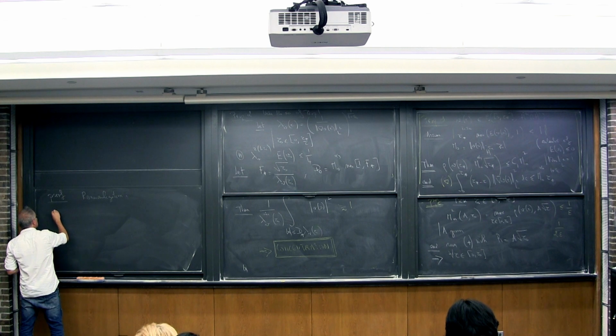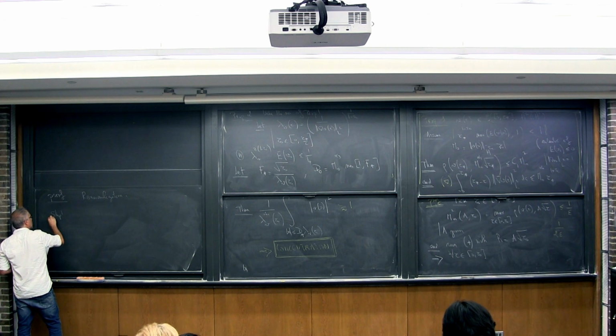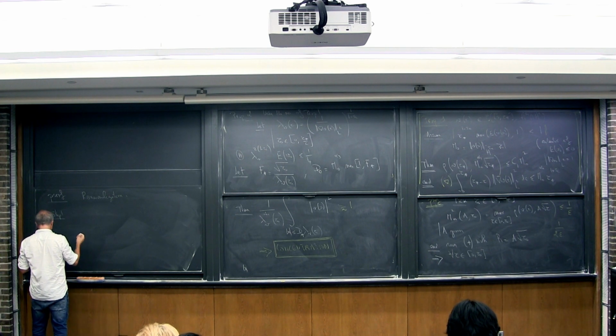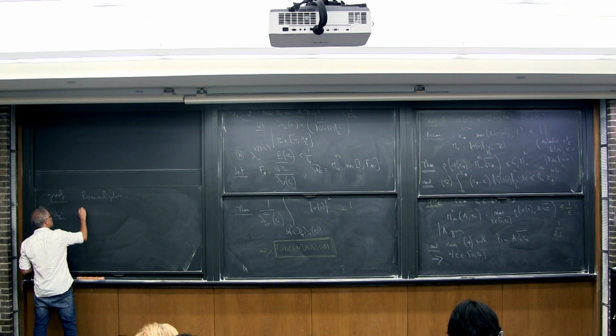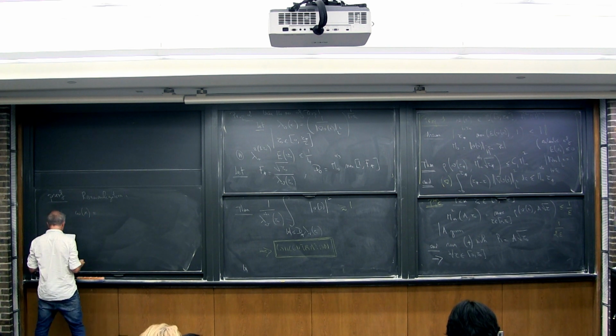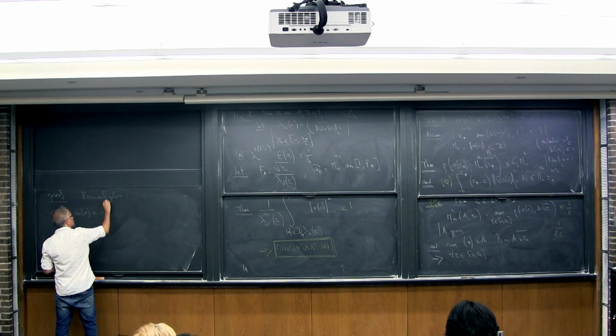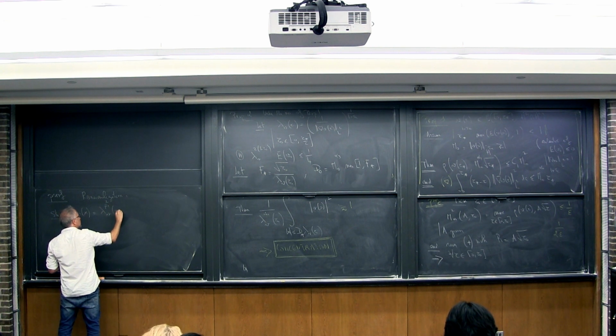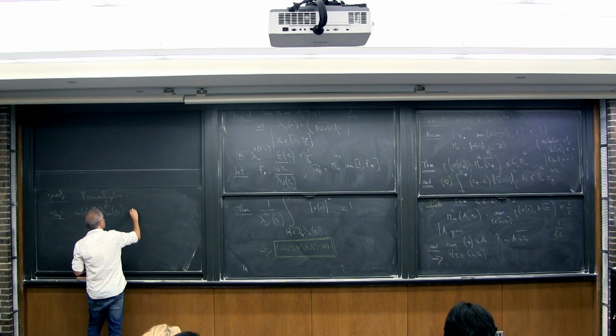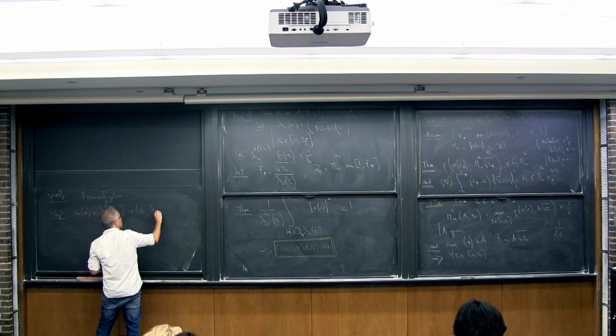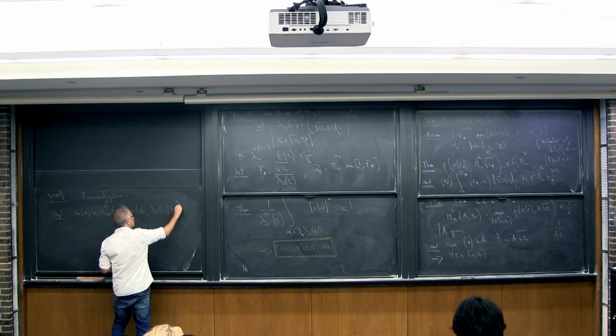So let me consider, so maybe this is step 1. So let me consider something that is completely trivial. Let me consider omega of x to be, I just renormalize lambda v to the 2 over p minus 1 at time t naught, v of t naught of tau naught, lambda v of tau naught of x. Okay, so I don't know what v does.